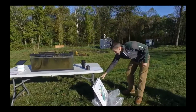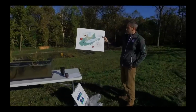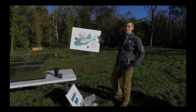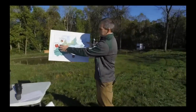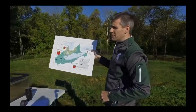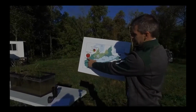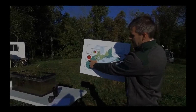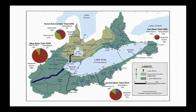In addition to that, many of you have seen some of this. This was published in the Journal of Great Lakes Research. This is Lake Erie, and this is showing total phosphorus coming off of the landscape. In the western Lake Erie Basin, the majority, 89%, is coming from non-point sources. So we're interested in looking at ways we can reduce non-point source pollution from getting into waterways